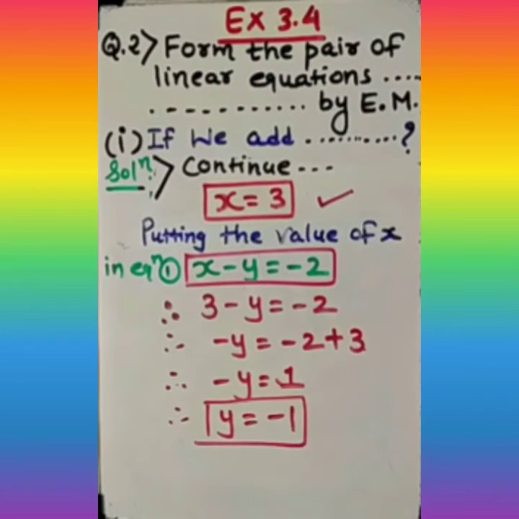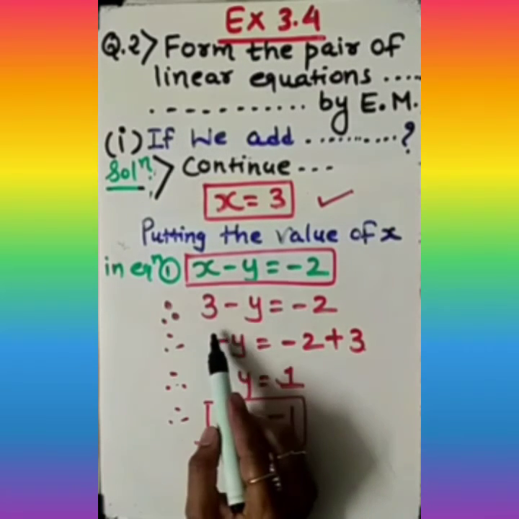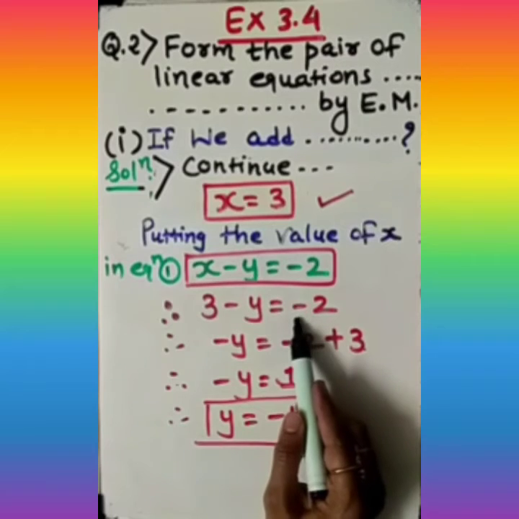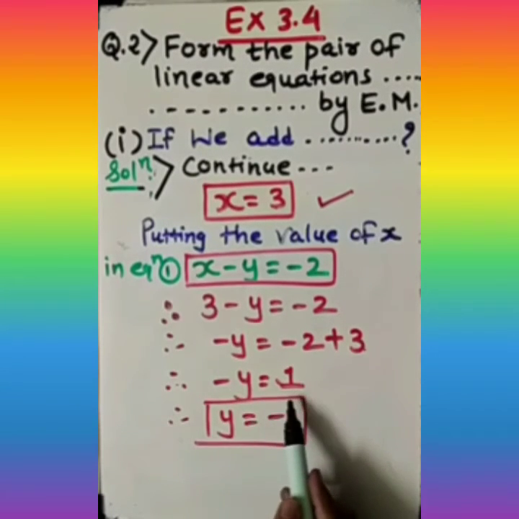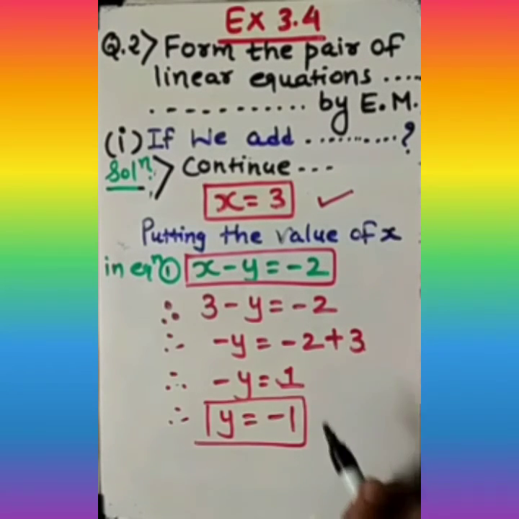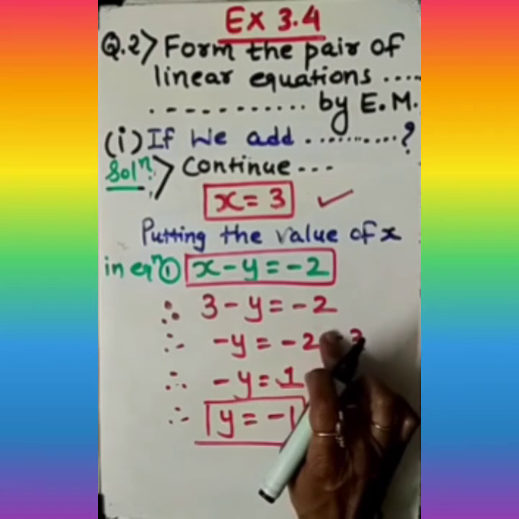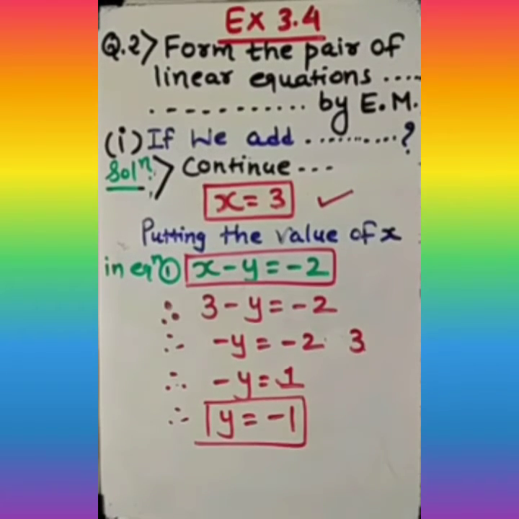This is the value of y. Now we do not have to find only x and y, as it is a problem type of question. So I should say we need to find the value of... have I done it correctly? Let me check once again. 3 minus y, and this is minus 2. Correct. Then the value of y, it is minus y, and this, yes, here I made a mistake, I am correcting. See, here it is minus. I'm changing it. Wait.